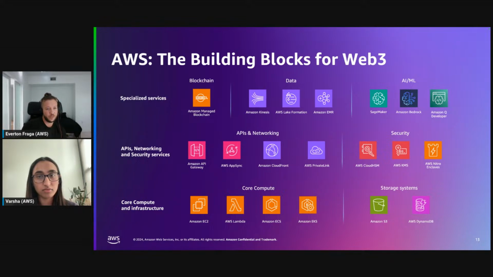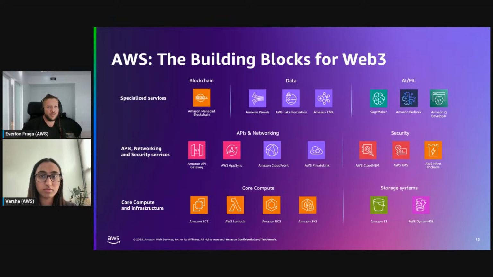You can connect the Amazon API Gateway to AWS Lambda and so on, right? AWS AppSync, CloudFront, PrivateLink, there's so many services and options, but I'll move up the stack a little bit. There is a blockchain dedicated service on AWS too called Amazon Managed Blockchain.